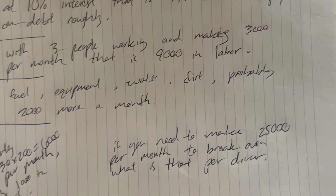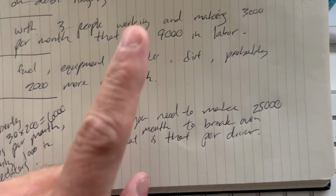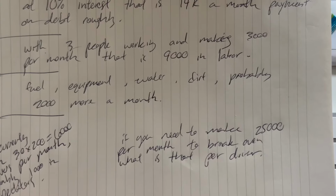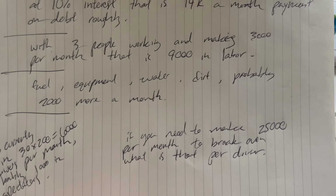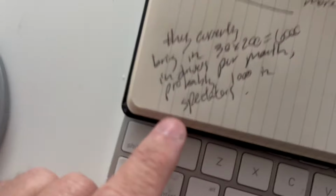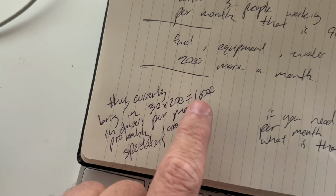If they try and host an event every day or every week or every 2 weeks, they probably can throw one good event per month and then a bunch of private rentals. And at some point, if they were closer to a major city, they could do track rentals for carts and stuff. A track this size could never work for road racing, unfortunately, or any type of HPDE thing, so it's only for drifters. And then what they're currently doing, I'm guessing, is about 30 drivers at $200 a piece, which